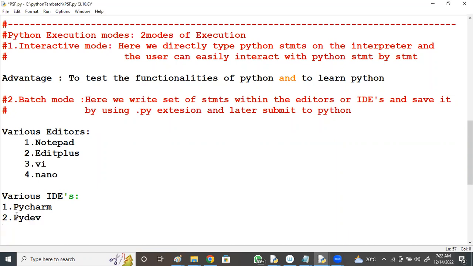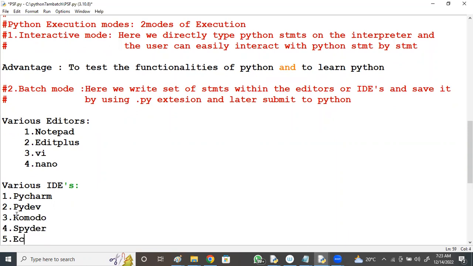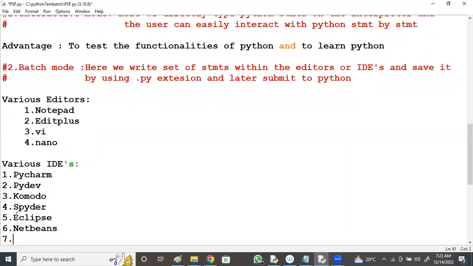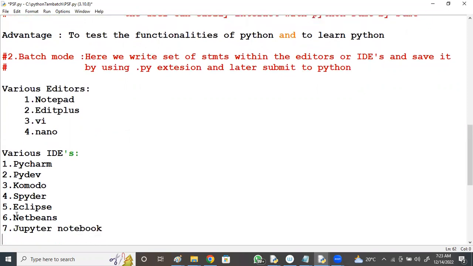PyDev, Komodo, Spyder, Eclipse, NetBeans, PyCharm, PyDev, Komodo, Spyder, Eclipse, NetBeans, Jupyter Notebook. With the Anaconda distribution we get Jupyter Notebook, Atom, and VS Code.